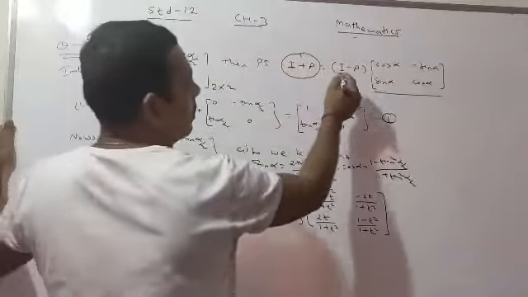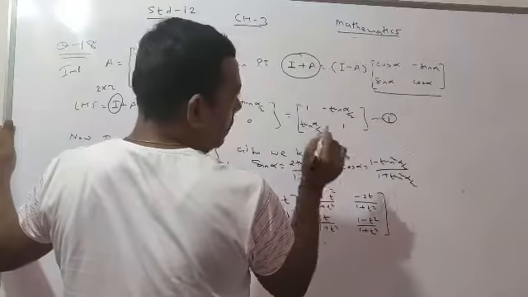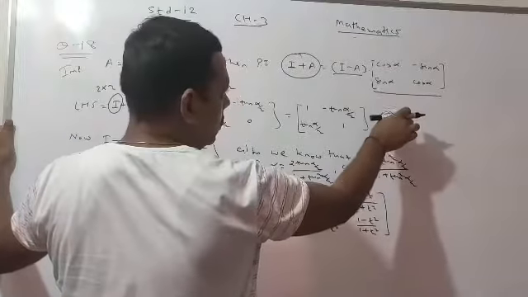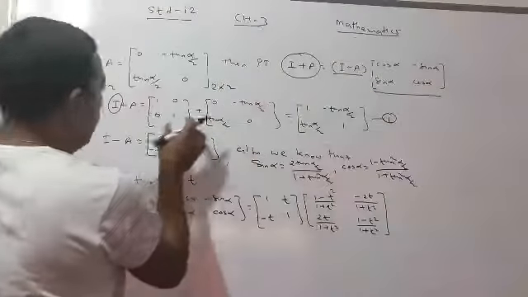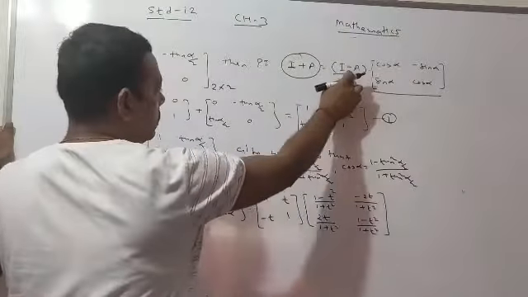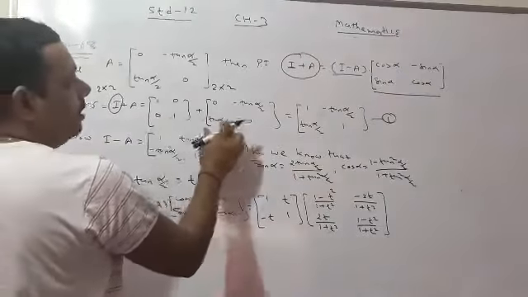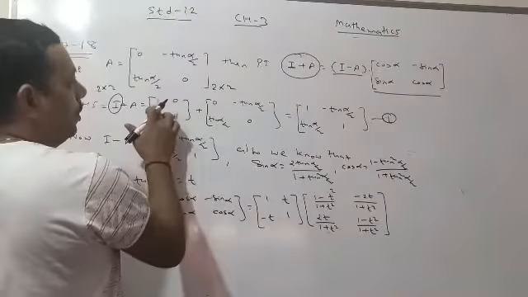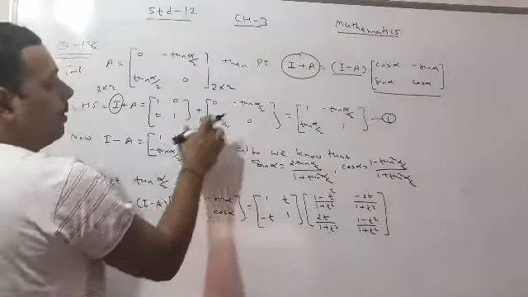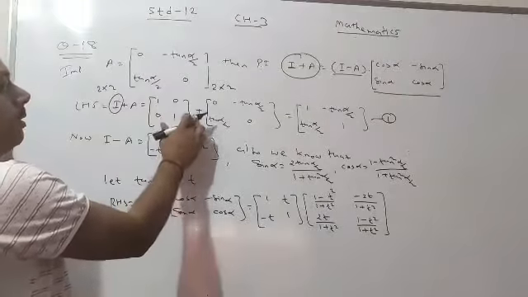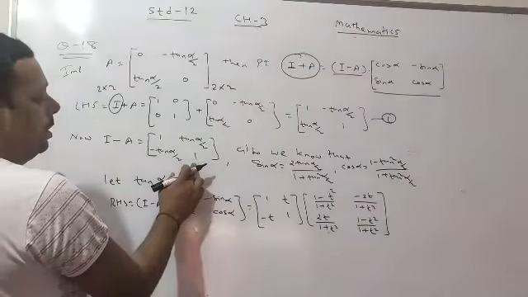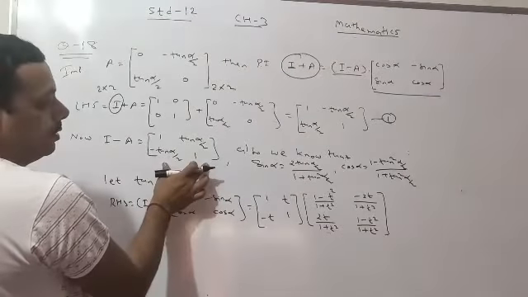Now in the RHS, we have to take the matrix multiplication of I minus A with this matrix. So before we do the multiplication, we will separately find I minus A. Now I is there, A is there. Here only addition, and in the RHS it is subtraction. So we directly consider this I, and this A along with a negative sign. So 1 minus 0, I wrote 1. 0 minus tan alpha by 2, so it is plus tan alpha by 2. 0 minus tan alpha by 2, so it is minus tan alpha by 2. And 1 minus 0, that is 1. Now I minus A is this.